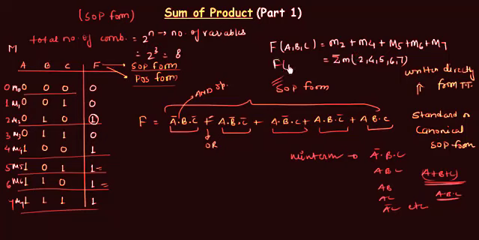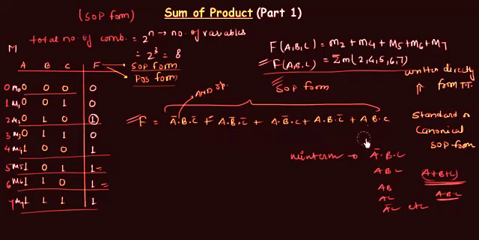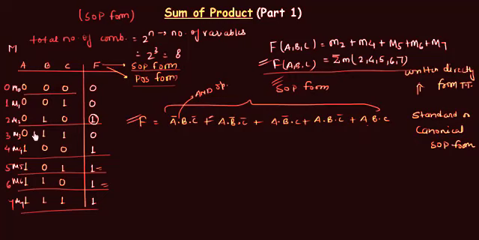So in the exam, the question will come like this, and you have to find out the SOP form, the minimal SOP form, by using this information. So let's move back to our canonical SOP form that we have already evaluated from the truth table. Now we will use Boolean algebra to find out the reduced form or the minimal SOP form. Let's do it quickly. I hope you remember the rules of Boolean algebra. It will be a great practice for us.